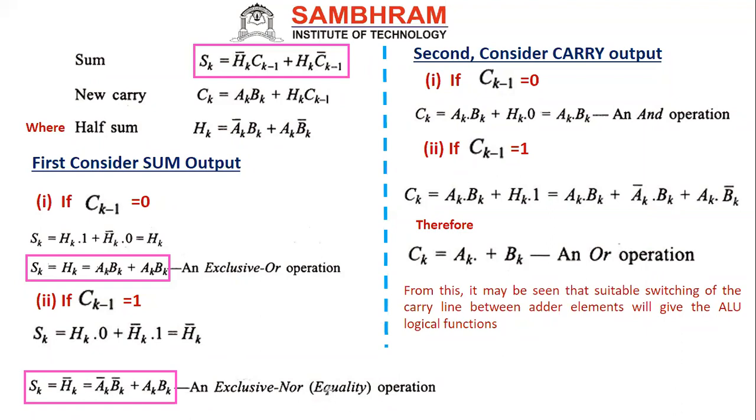What you call the equality operation, exclusive NOR actually, will provide the output high when the inputs are 0, 0, and output high when 1, 1. When the inputs are 0, 1 or 1, 0, the output is 0. So I can say it's an equality operator also, it will perform. Next, we have to go for the next operation. So two logical operations we got.